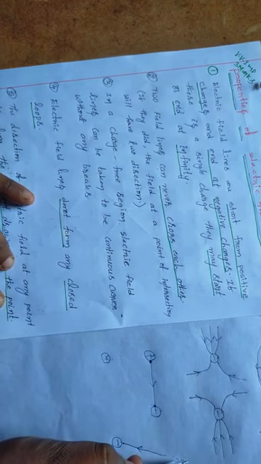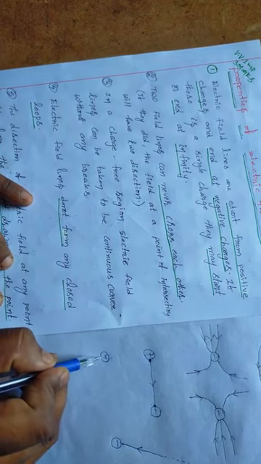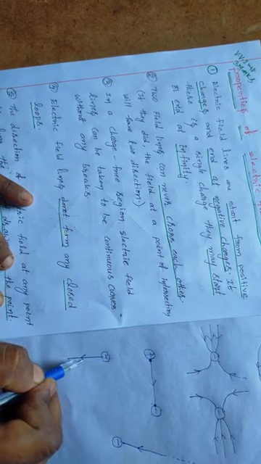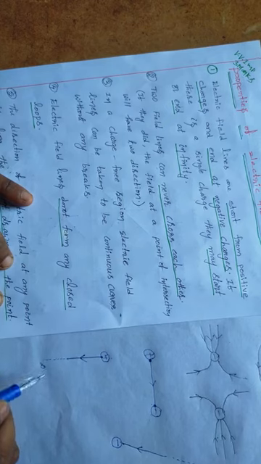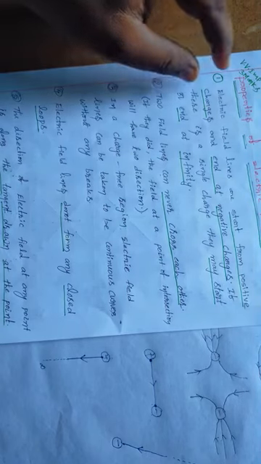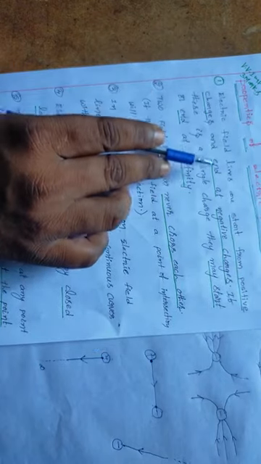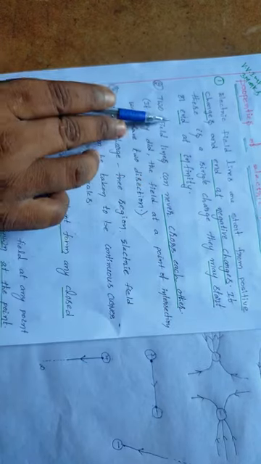We don't know where it has started, right? It may have started at infinity. Suppose here a positive charge is there. Now in case of positive charge, you see the electric field line started at the charge, but where it is going to end, in case of an isolated charge, it is going to end at infinity. Such information is given by this first point. Electric field lines start from positive charges and end at negative charges. If there is a single charge, they may start and end at infinity.